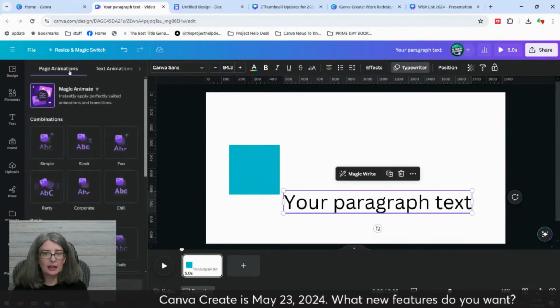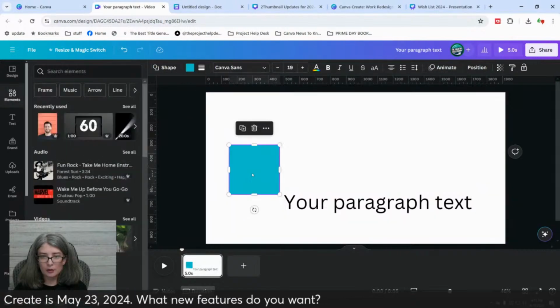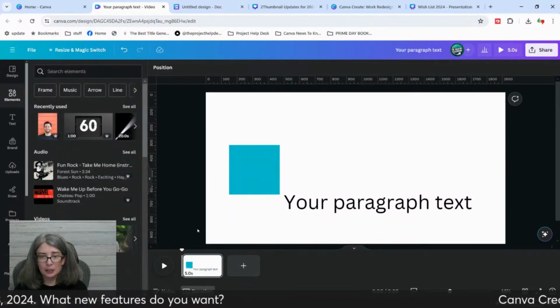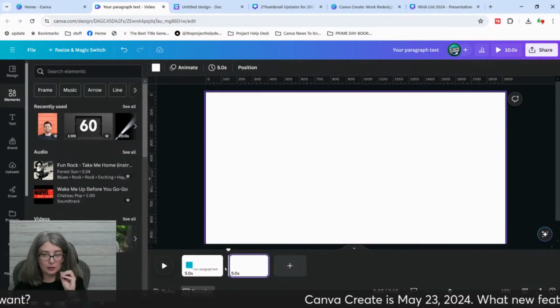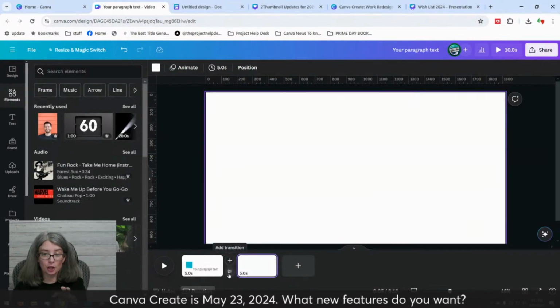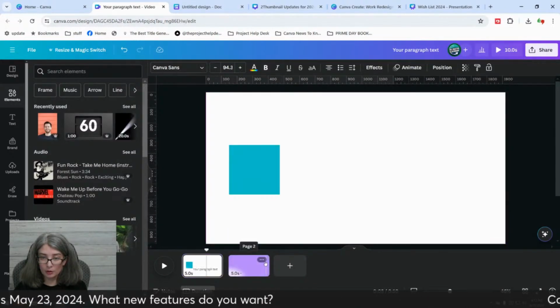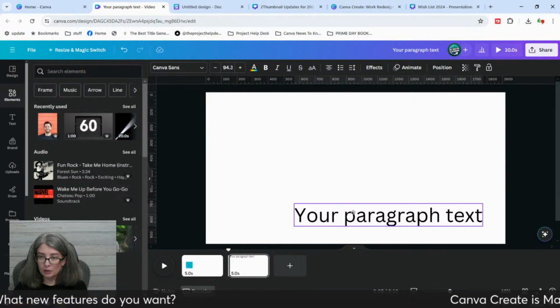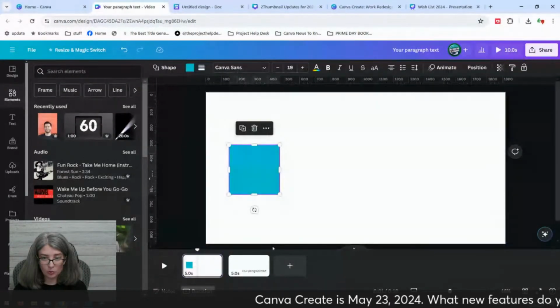And then, of course, it also says page animations. So we're going to get rid of that. But the other thing that you can do, and this is where digital art with Canva is just an absolute legend, is there are transitions that you can do. So I'm so simple at this.